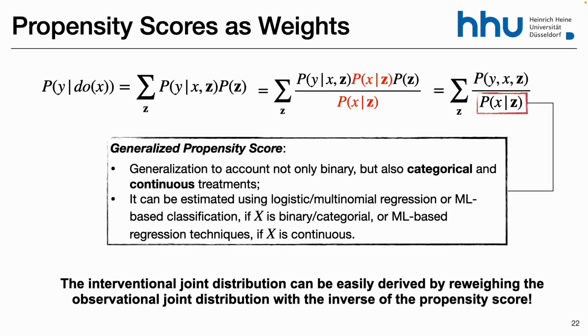That's what we are going to see here. You see that this probability of Y given do X, which is the interventional or experimental distribution, is nothing but reweighting the joint distribution with some weights. That's the joint, and if I give this weight to every unit in my sample, I'm reweighting all the samples in a way that it becomes as if it was collected in an experimental study.